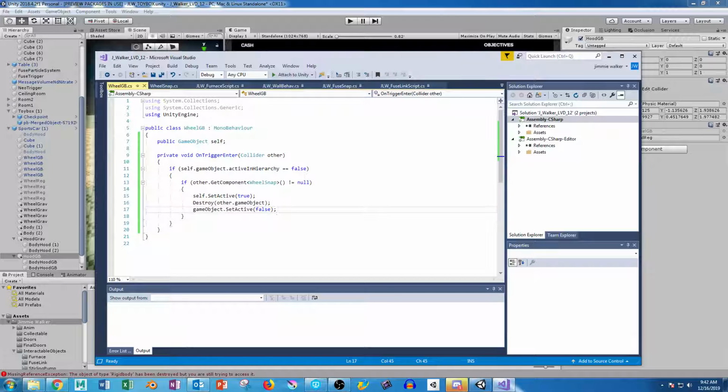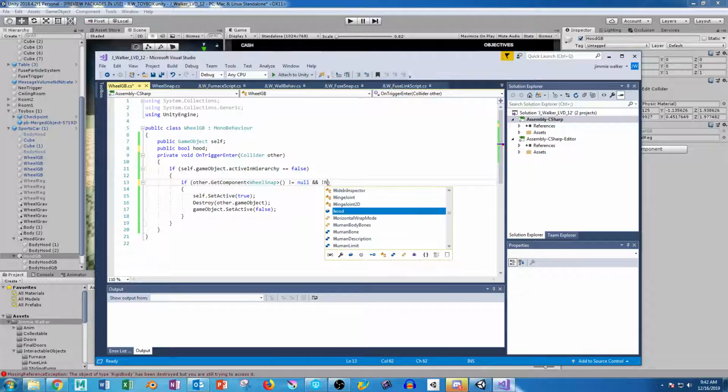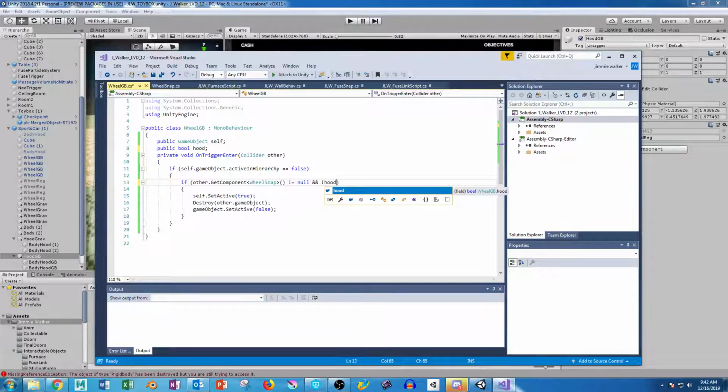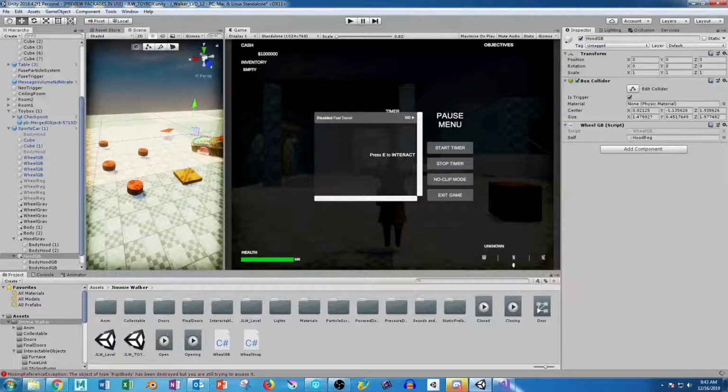So what I'm going to do is I'm actually going to come in here. I'm going to say public bool, and we're going to call this hood. So if it has that script and it's not hood, then it'll snap into place. So that should fix the issue with that. But usually you just fix that as a wheel snap script. You know, just make a hood snap or whatever. But that's a real simple way to do it. The only issue is you wouldn't be able to snap the hood to it because then the hood would still have the wheel snap. You can also use